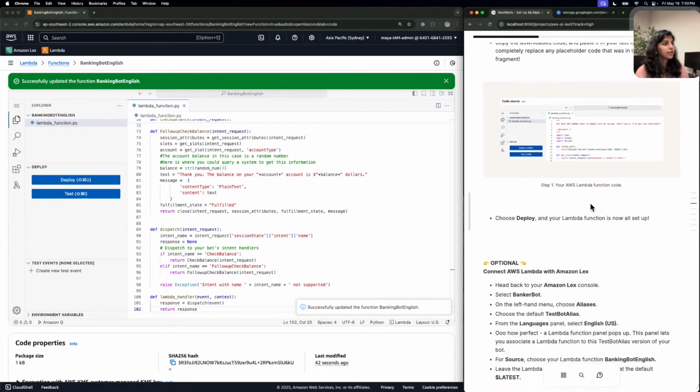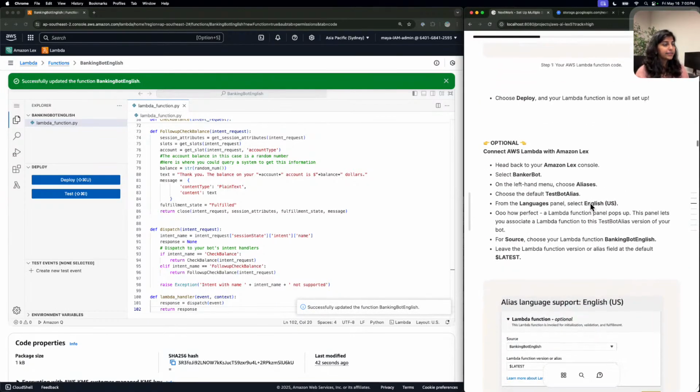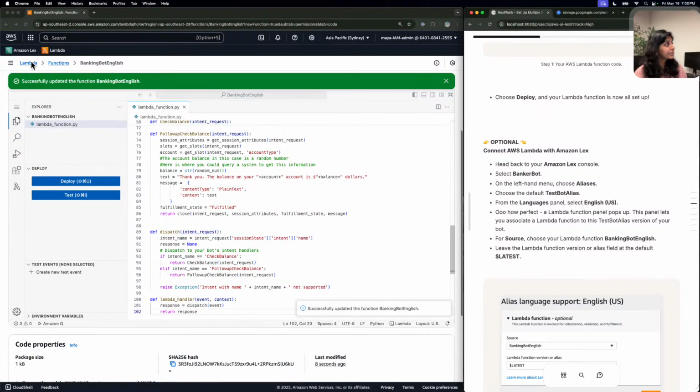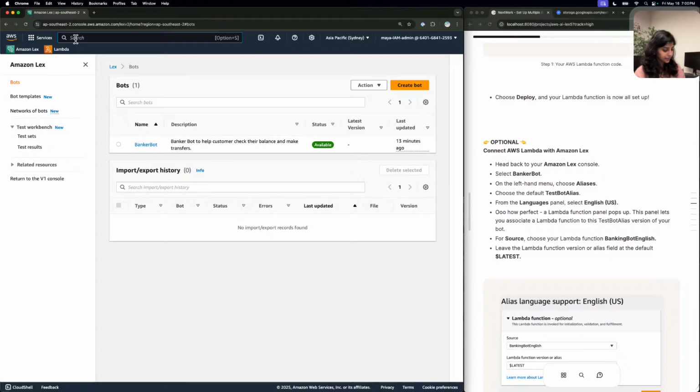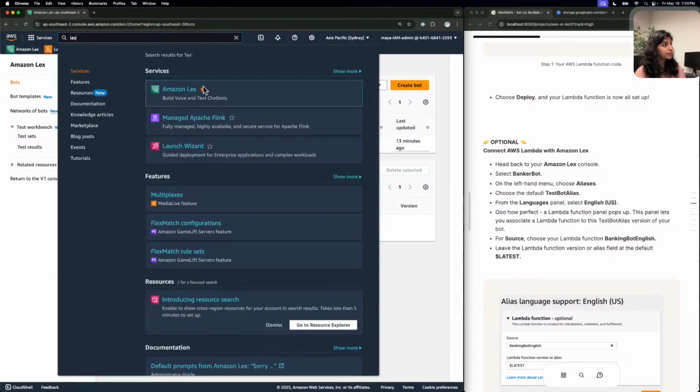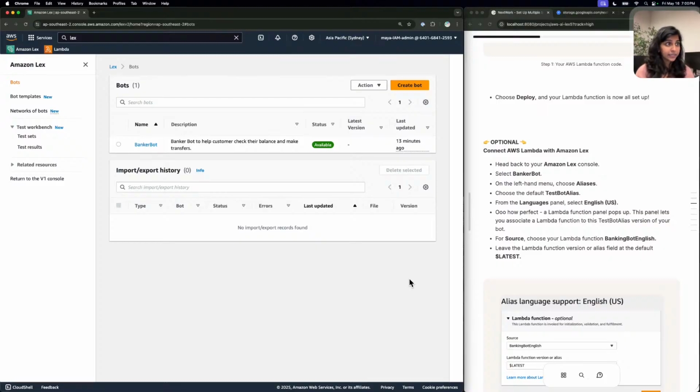Awesome. And once we've deployed it, we head back to Amazon Lex. And these are services that I have favorited. You can always just click here and put the star so that it's right up there, and makes it super easy. Okay, so we've got our banker bot,